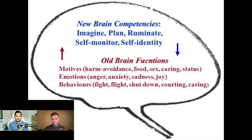But we as human beings, as you just pointed out, have this capacity for abstract thought. So we can overthink, we can fantasize about the future, we can ruminate about the past. And these emotional systems basically don't discriminate between what's out there in front of us and what we think in our minds. So I think the example he uses in the book is like,